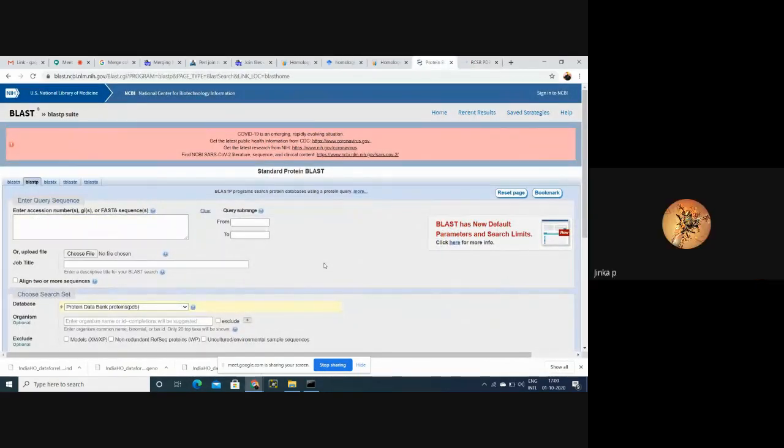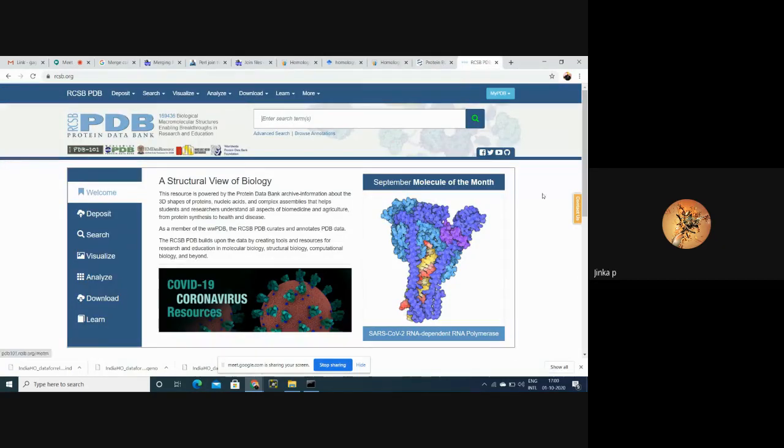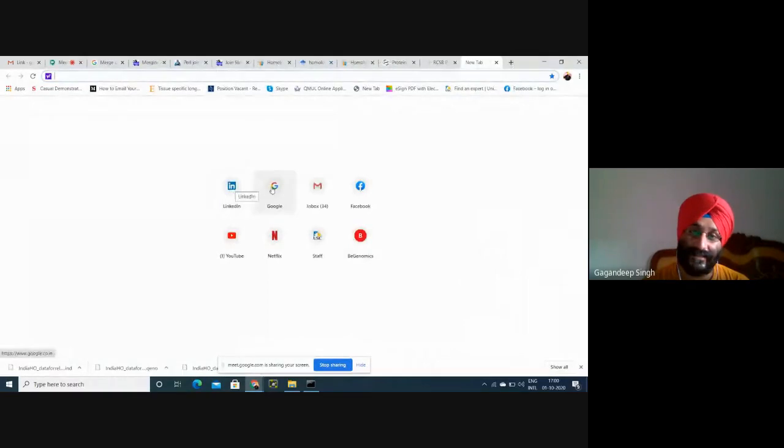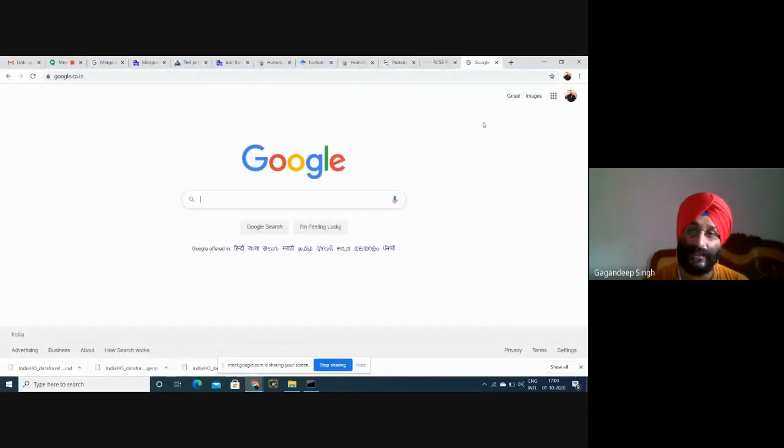In the list of databases that you showed, there is UniProt also, right? So that's also a protein database, right? What is the difference between this database and UniProt? UniProt, as I told you earlier, is the protein database which has the sequences. Now it is going to share some structural information from PDB as well. But in UniProt, it has only sequences and functional information based on sequences only. In NCBI, there is no structural information, but there is a lot of data that we have seen.